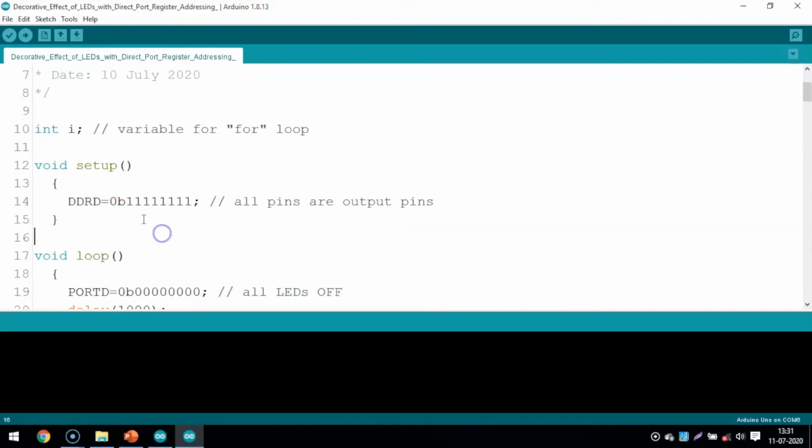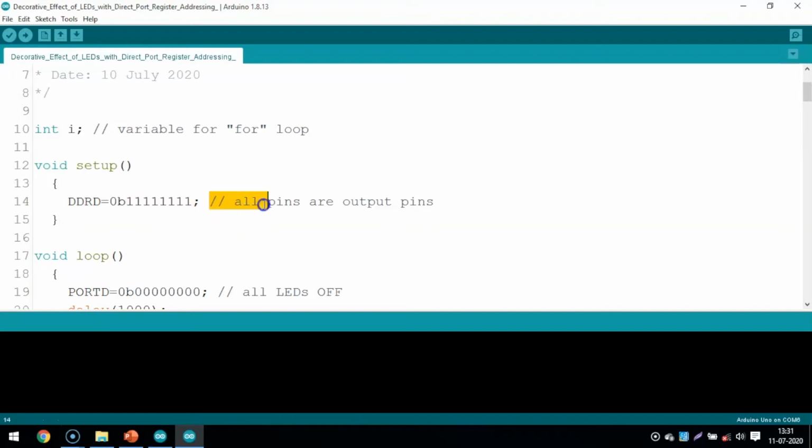This numerical value is 0 and it is not O, it is 0. 0B 11111111. I told you there are 8 pins in port D, so what I am doing here is writing binary 1 eight times.